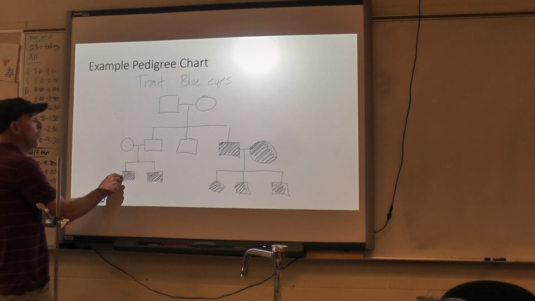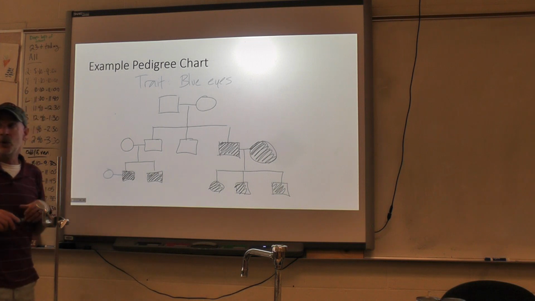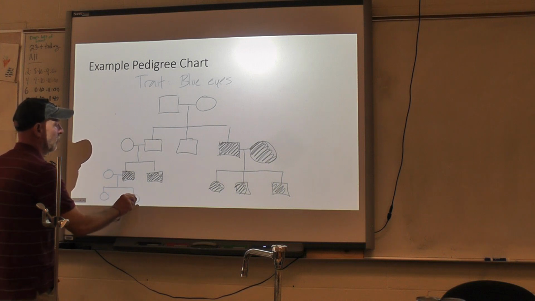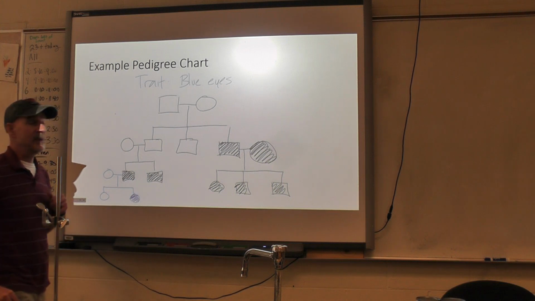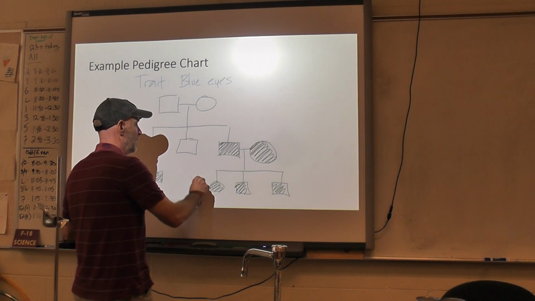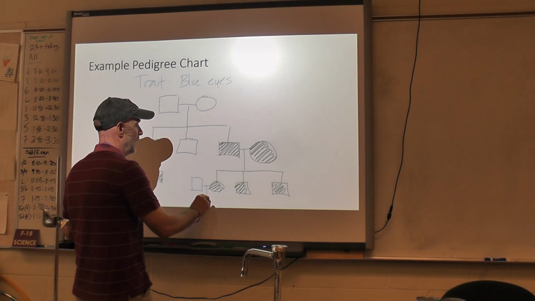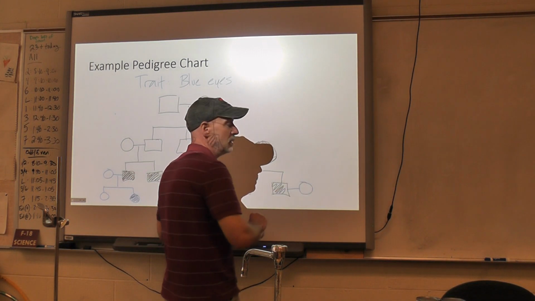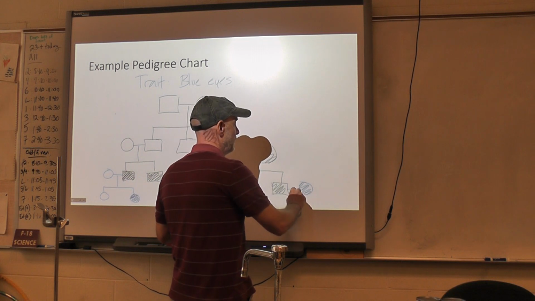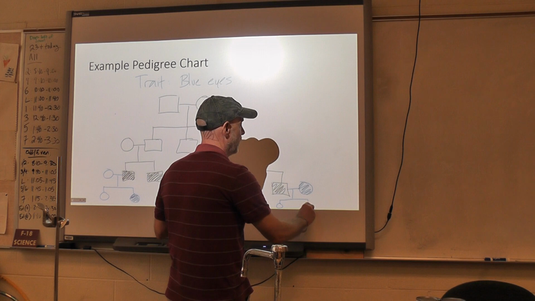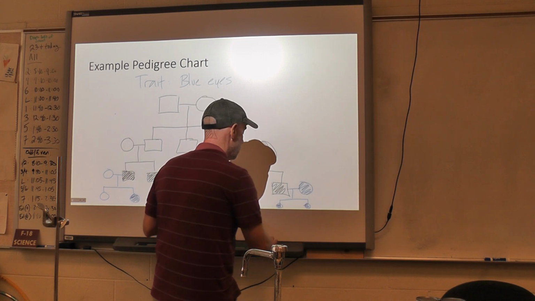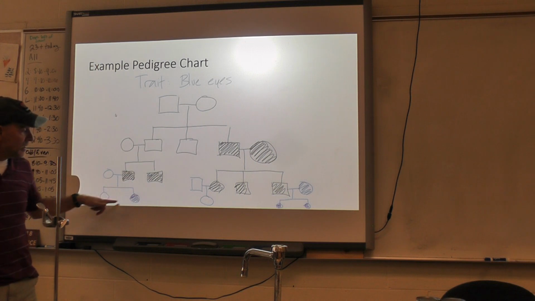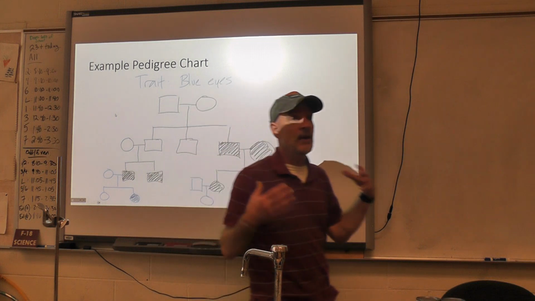It could be that one of my nephews marries someone who has brown eyes, and they have 2 kids, and they're both girls, and one of those girls has blue eyes. And maybe my daughter marries somebody who has brown eyes, and they have a daughter who has brown eyes. And maybe one of my sons marries a woman with blue eyes, and they have 2 daughters, both of whom have blue eyes. So this is all theoretical, but it's possible. So I've taken this real pedigree chart and I've added some hypothetical stuff to it